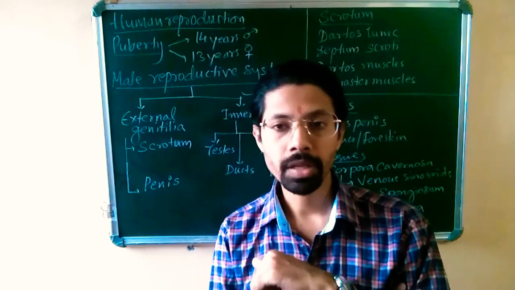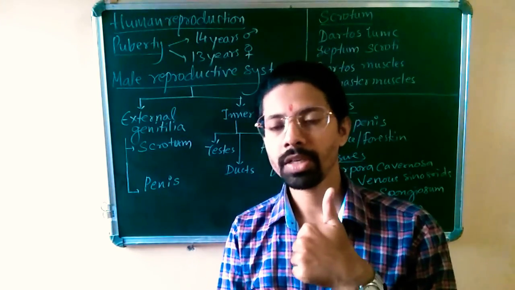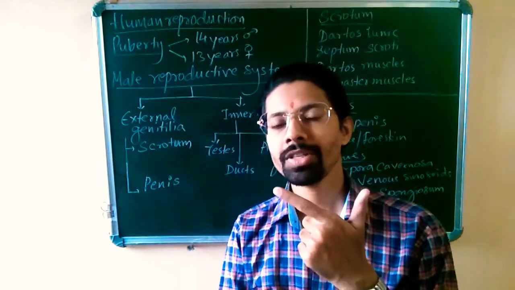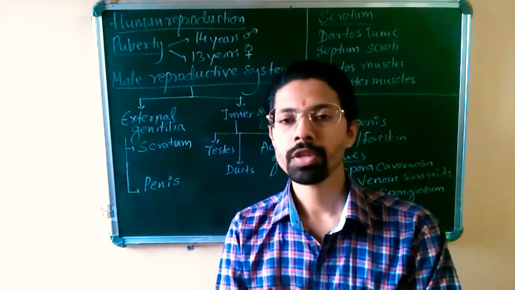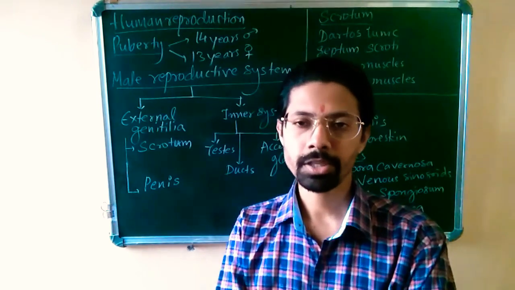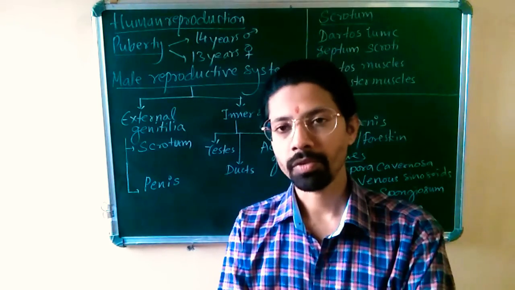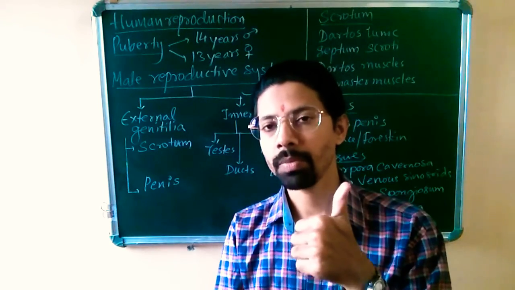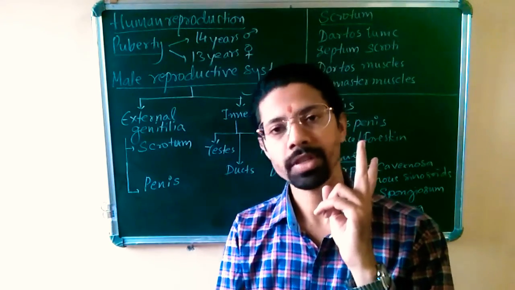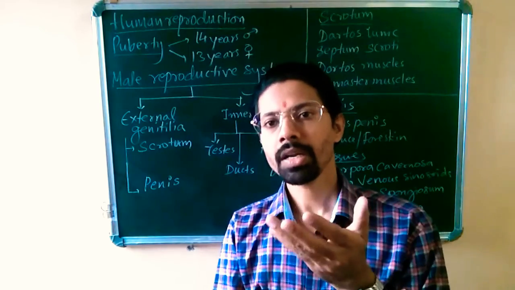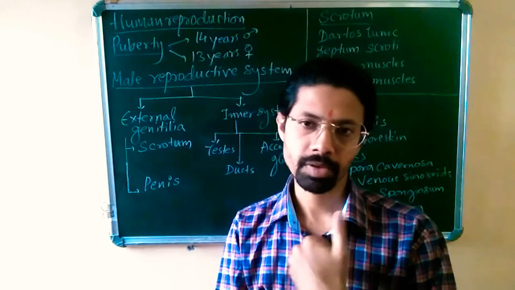When you talk about male reproductive system and the hormones related to it, FSH is common for both, that is follicle stimulating hormone, interstitial cell stimulating hormone and testosterone. There are three hormones responsible for the onset of sexual maturity in males. Primarily, gonadal hormones are responsible for that. That means in males, testosterone is important for sexual maturity. In females, estrogen and progesterone are responsible for sexual maturity. So in detail about this, we'll talk in separate topics in male reproductive system and in female reproductive system.